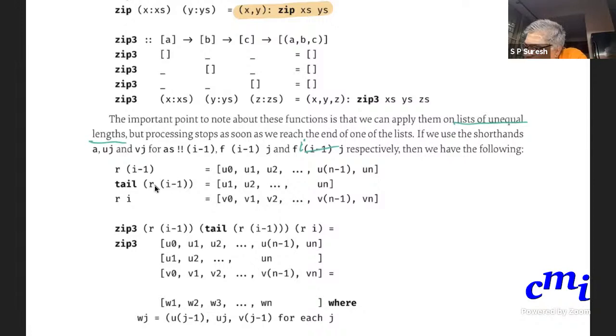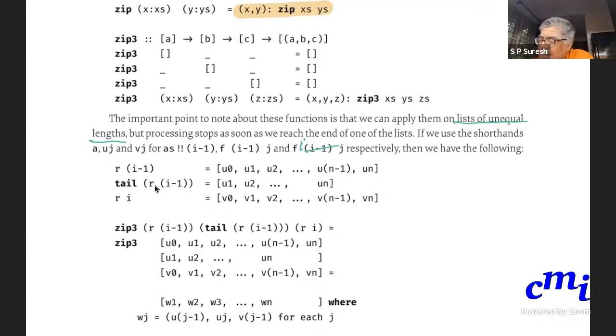When I do zip3, I'll be doing something on u0 and u1. Finally, Ri, which is the Fij, is nothing but v0, v1, v2 up to vn, because Ri is all the Fij values, but I'm calling Fij as Vj. Is this clear?